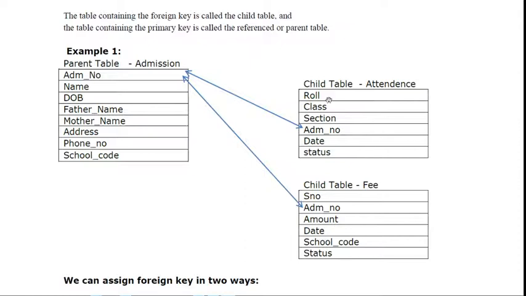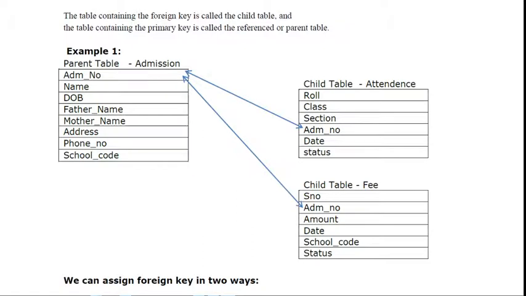Now in the child table, attendance, roll number is the primary key and admission number is the foreign key. Here serial number is the primary key and admission number is the foreign key. So this admission number is connected with the admission number of the admission table. The admission number, which is the foreign key in the child table, its reference is present in the admission table. Okay,